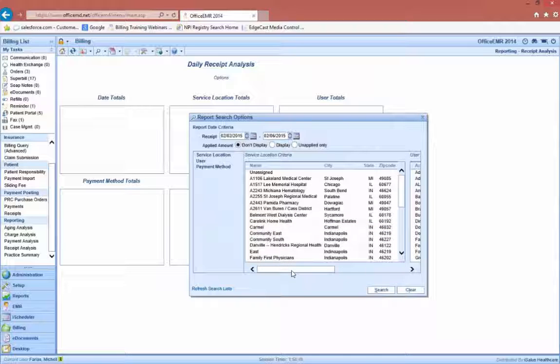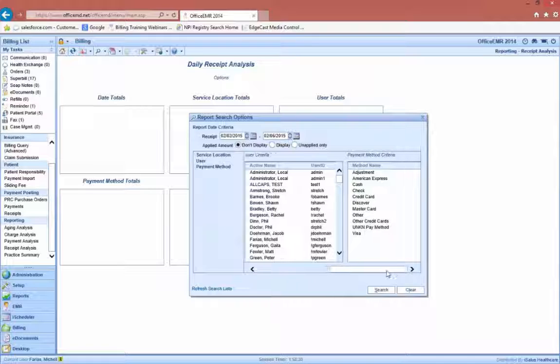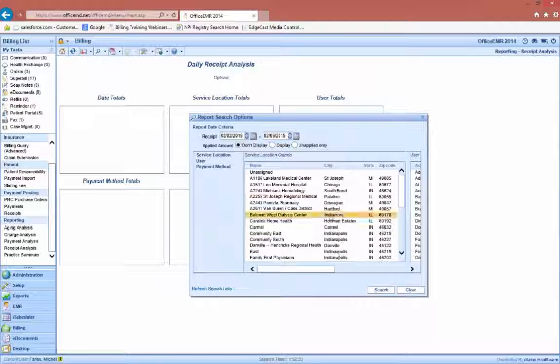Below that, you have your service location criteria, your user criteria, and your payment method criteria. Again, if you specify by any of these, it will only show you that information. If you leave it blank, it will show you everything. In this case, I'm going to go ahead and click search,